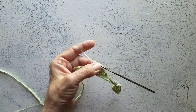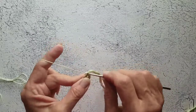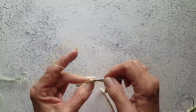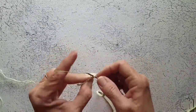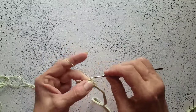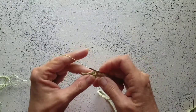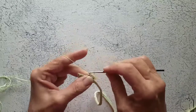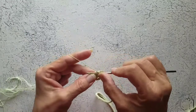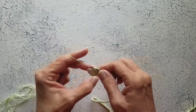Okay, I have made it to my last leaf, so let's slip stitch in that chain 3 space, chain 1, 3 single crochet in that same space, then 6 single crochet, 1, 2, 3, 4, 5, and 6,